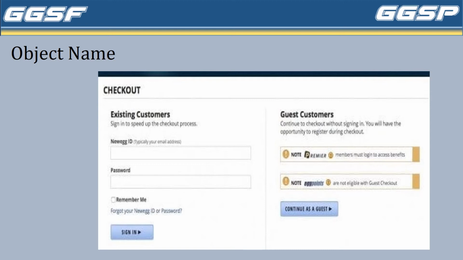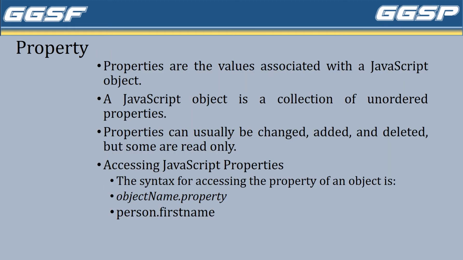So now let's move to the next part of the object, and that is its property. As we know, a property is a value that is associated with an object. Objects can have many values depending on the type of object used. For example, consider a form object, and it has a title, a width or height.